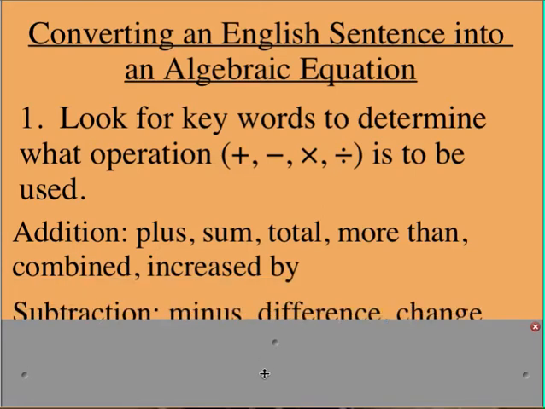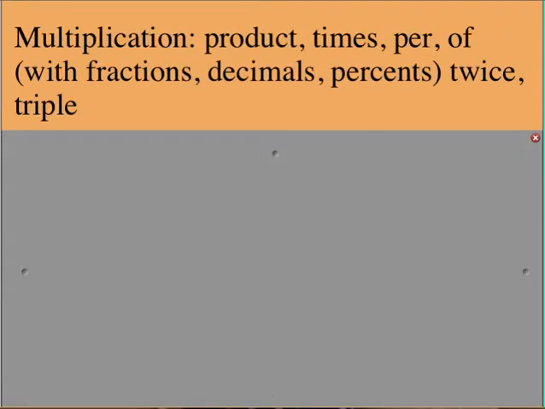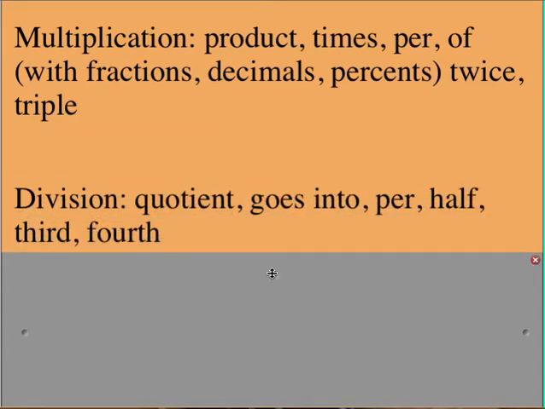If you see the following words, you'll want to do subtraction: minus, difference, change, less than, remaining, or decreased by. With multiplication, you'll see the words product, times, per, which also can be used for division. Of would be with fractions, decimals, and percents. And then also if you see the words twice or triple. And then last would be division. The keywords that you'd want to look for would be quotient, goes into, there's per again, and then half, third,